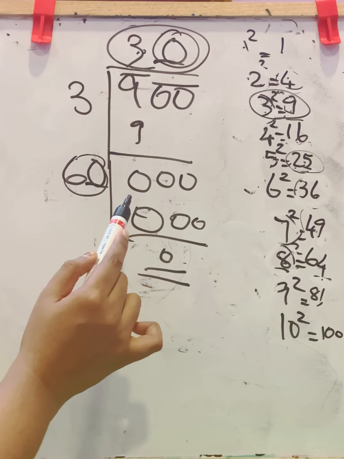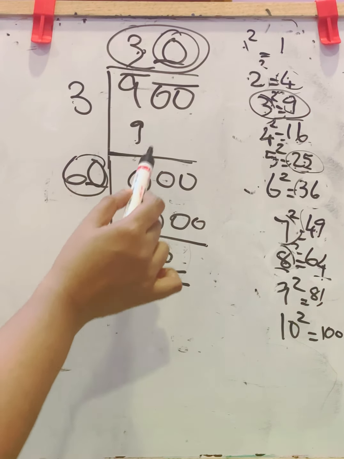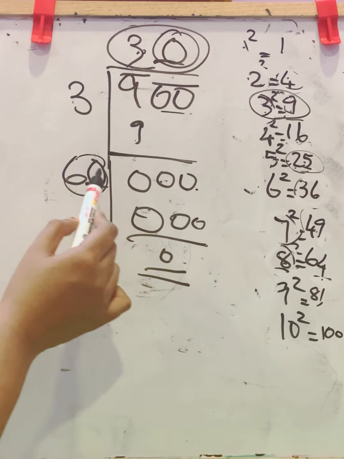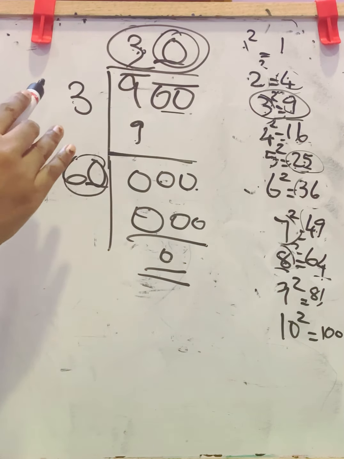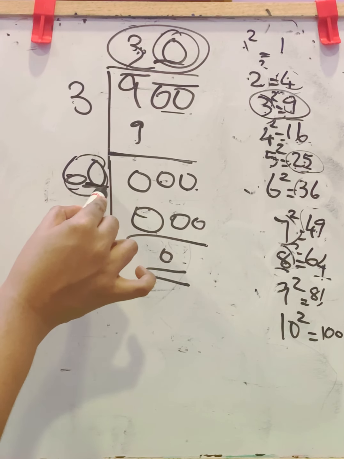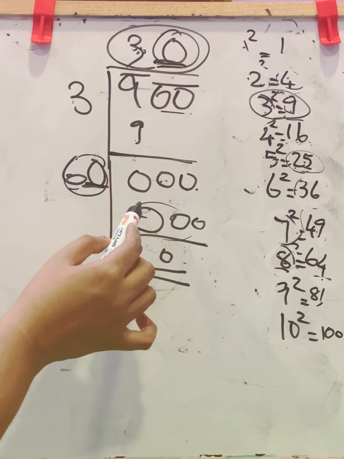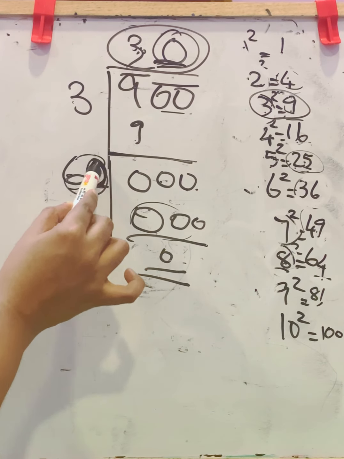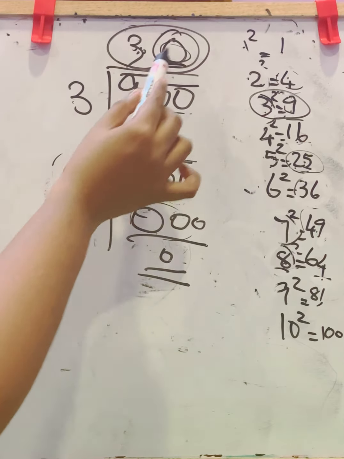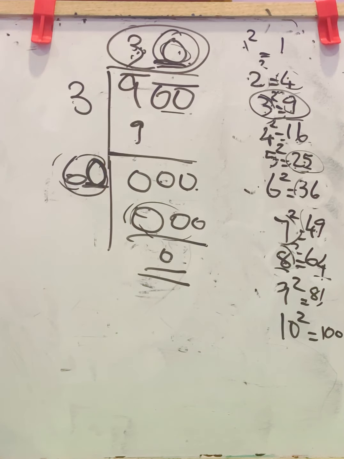So what I have done here, first I wrote 3 3s are 9. Balance is 0. Carry down this 0 set. Now double this as we did in the previous questions. So double this, you will get 6. Put a dash here. Here also dash. And you need to get 0 here. That means here you will put 0 and 0, because this number into 0 you will get 0. So 30. Square root of 900 is 30.